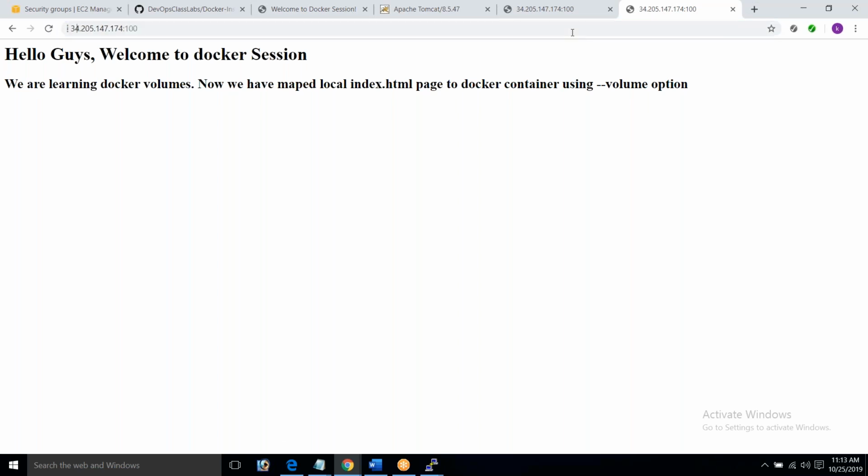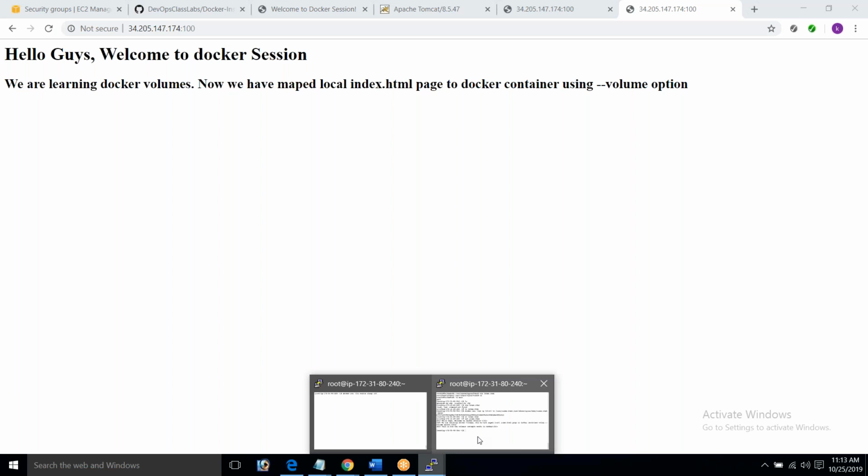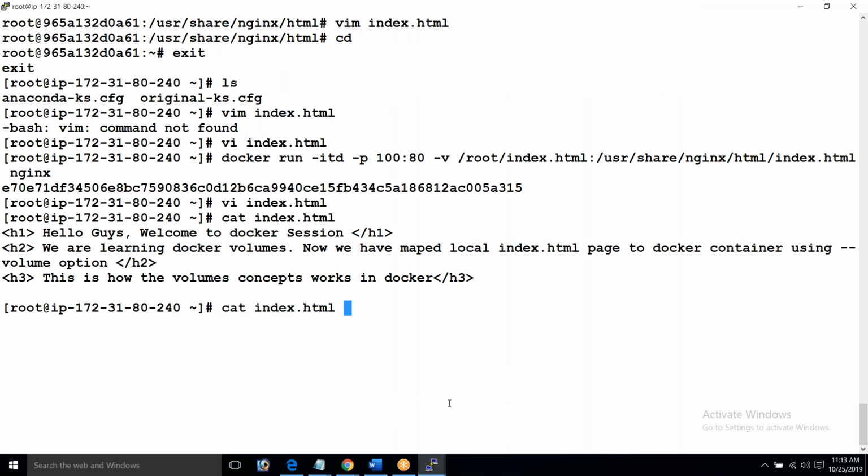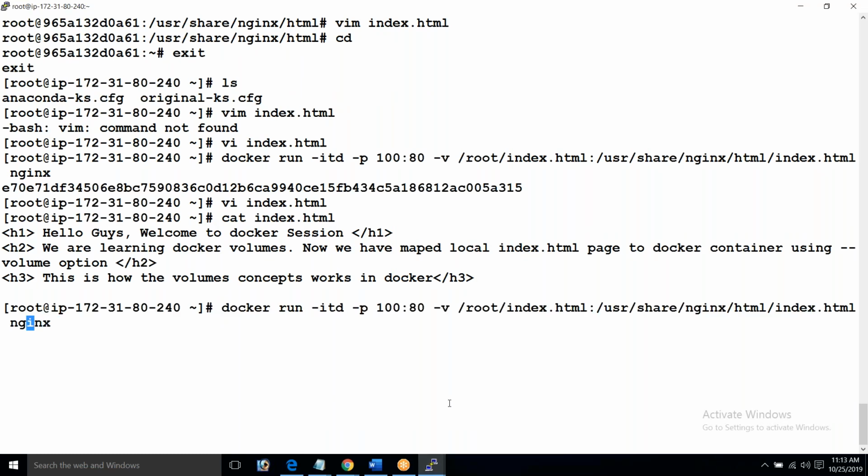Not coming, but it should come immediately. Maybe okay, let this be like this. What I'll do, I'll run one more command. But this time, I will change the parameter. Instead of the default, giving this permissions and all, I would say